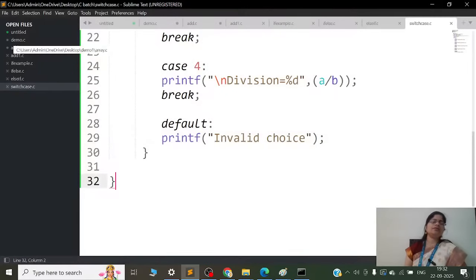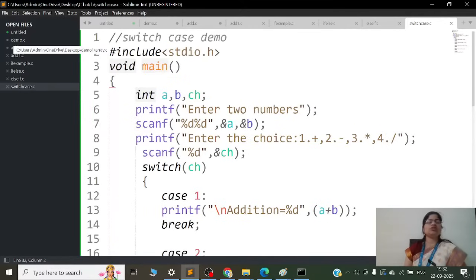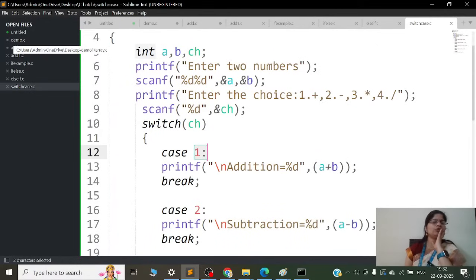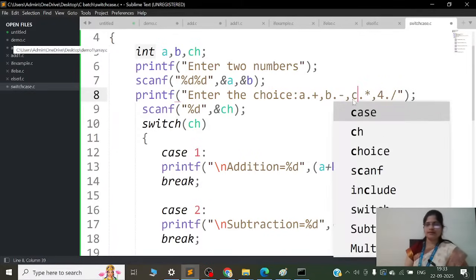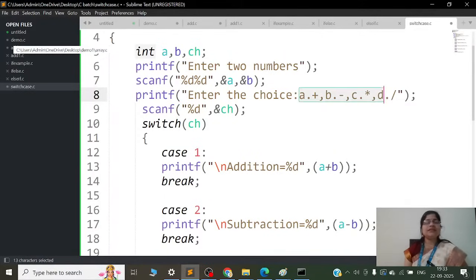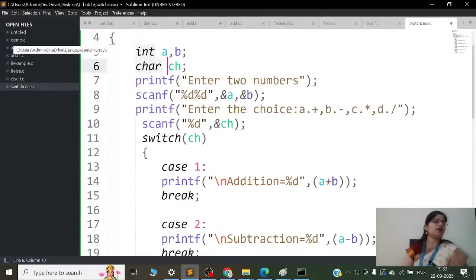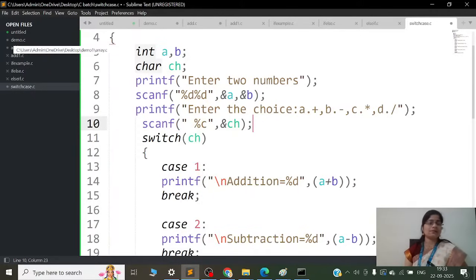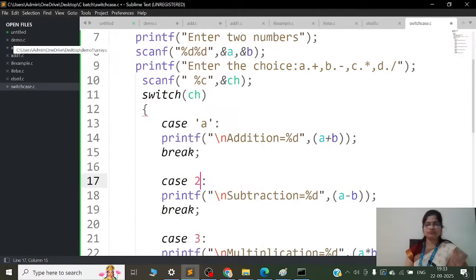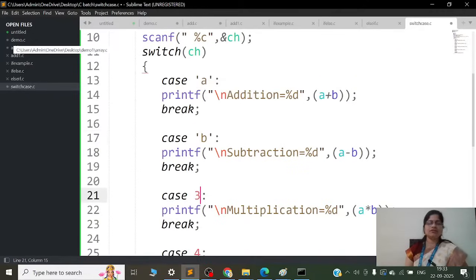Okay, so this is a switch case. Now one more thing is, in switch case you can use characters also. Meaning instead of case 1 2 3 4, if I want to give characters, like choice A, B, C and D, I want to do it like this. Now what are ABCD? They are not integers, they are characters. So for characters, how will you have to declare this ch? You need to declare it as a character. So it will be char. To accept a character, what do we have to give here? %c. Why? Because you are giving ABCD characters. And how do the characters have to be given here? In single quotes. So we need to give the characters in single quotes.